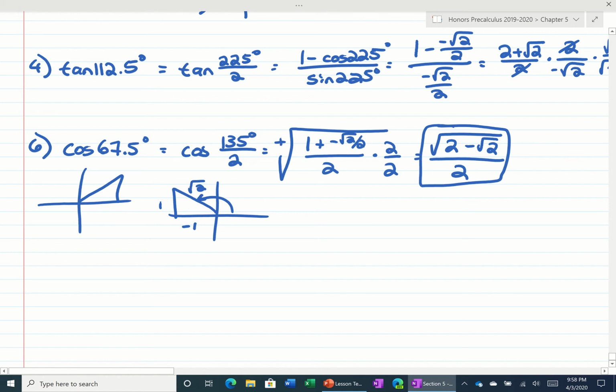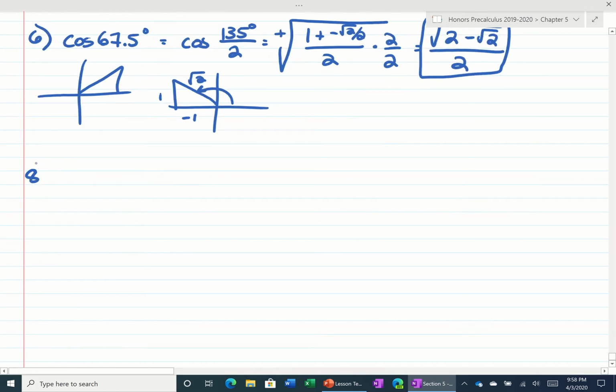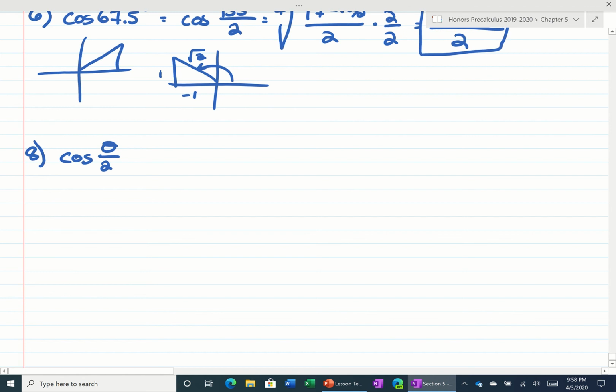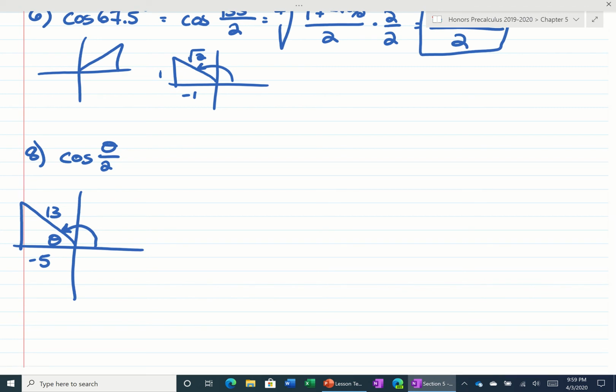Okay. Taking a look at number 8. Number 8 is asking you to find the cosine of theta over 2, if cosine of theta is in quadrant 2, and we know the cosine is negative 5 over 13. Okay, so if that's where theta is, this angle is theta. So we're asking to find,